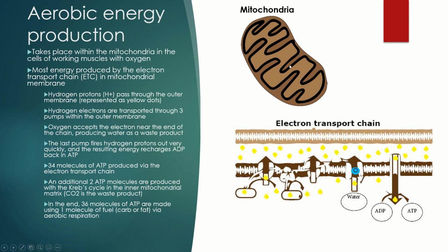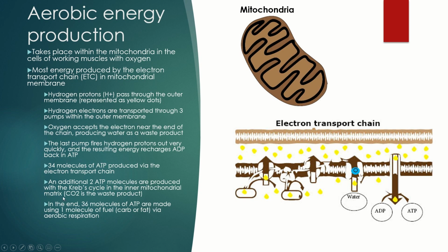There's also going on in the membrane, this inner part of the mitochondria, there's something called the Krebs cycle, which produces two ATP molecules. It's not as efficient, but basically, when your body is using a molecule of glucose or fat, it's doing one rotation of the Krebs cycle and one pass-through of the electron transport chain. So when you have this extra two ATP molecules that are produced with the Krebs cycle in the inner membrane